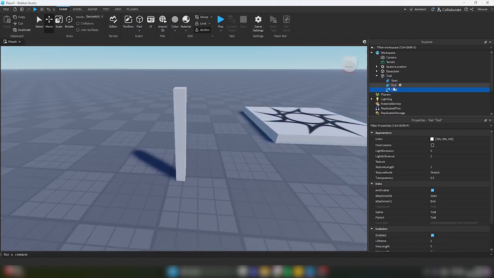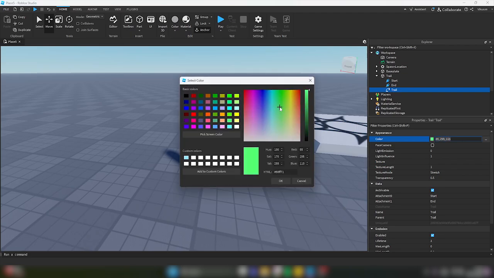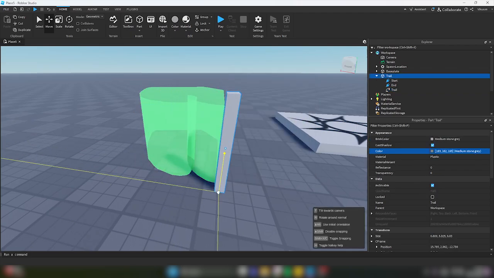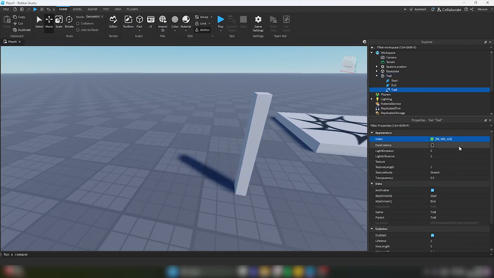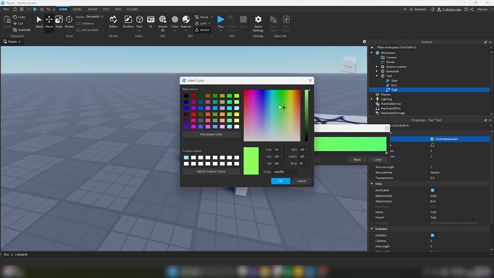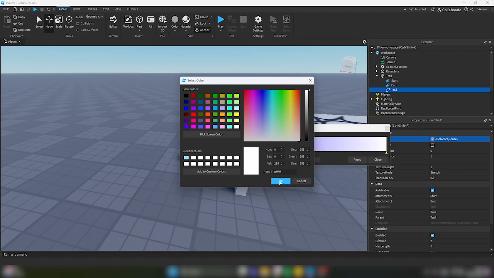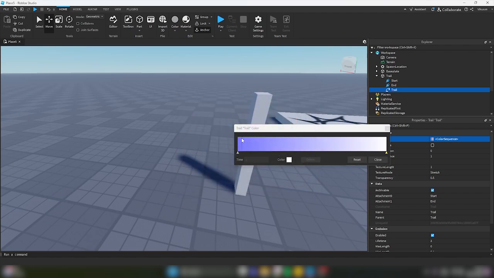So within your trail, to change the color, you can just click here on the block, and then you can choose anything and it changes the color. But if you want a gradient, you left click it, but you don't click this box here, but the 3 dots. And then you can choose color, choose anything you like. And then for the second value, click the triangle, and you can go, for example, with white. And now you get this fading trail